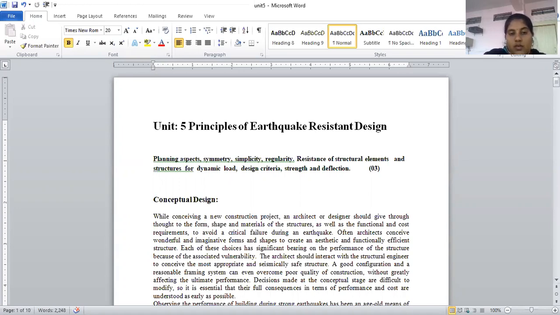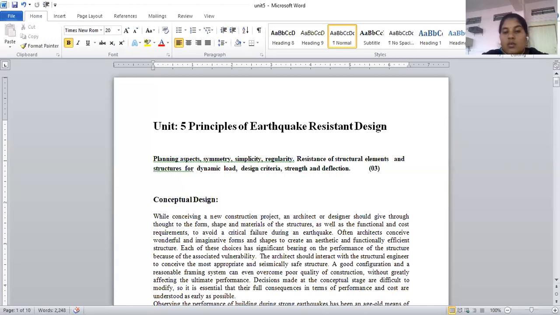So we'll first see the syllabus of this unit number 5, and after that we'll see one by one the principles of earthquake resistant design, how to go for the plan, and how to go for the different sections, from rectangular section to square section. Different types of sections are shown here, and for different inequilibrium types of structures, we have to convert them into equilibrium structures so that they can resist the different types of forces coming on the structure, and our building will become an earthquake resistant building.